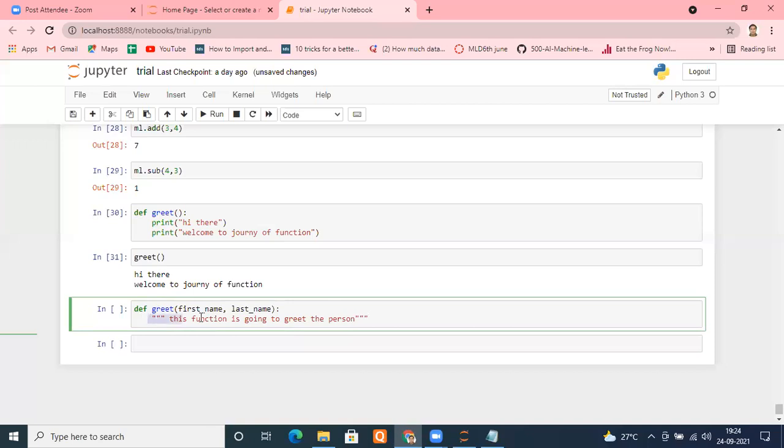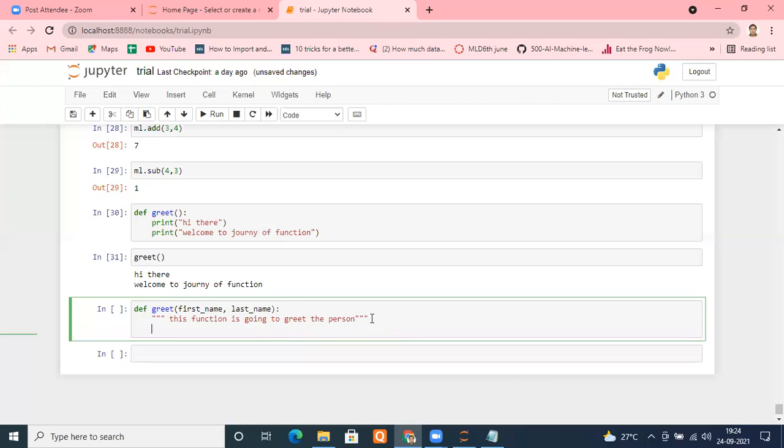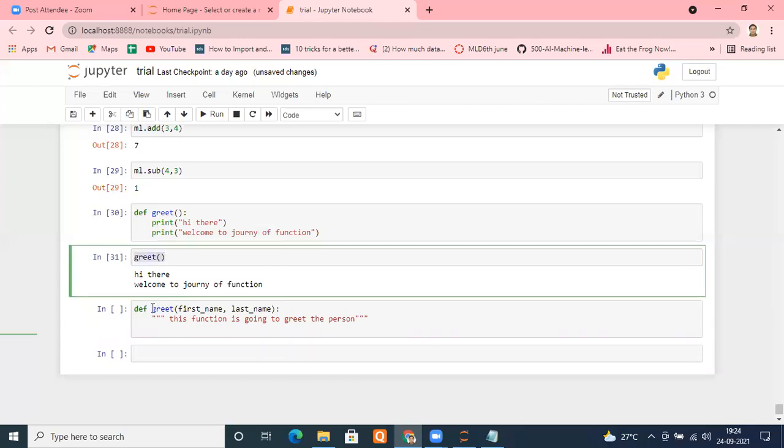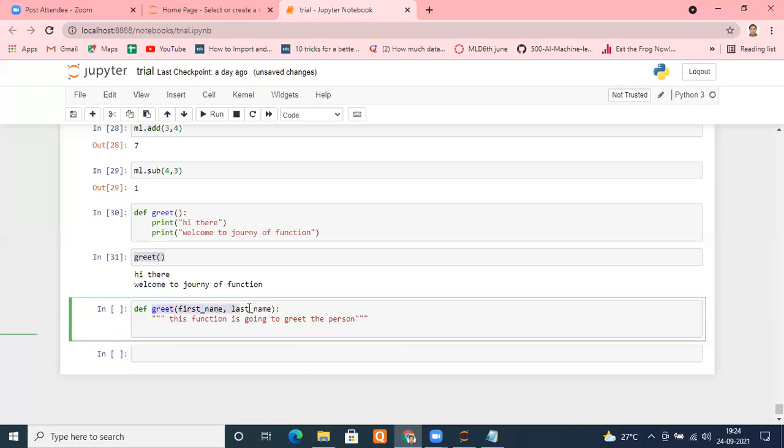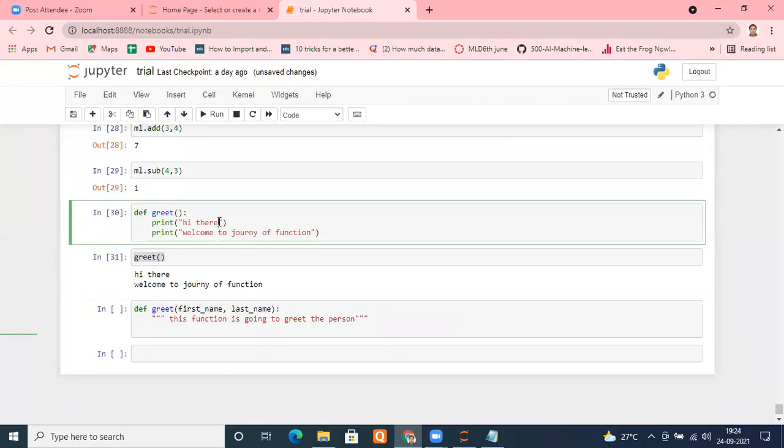Press enter. Now the user will enter his first name and last name while calling the function. Means when he's calling, he's not entering anything inside now; next time when he calls, you have to put first name and last name. Now what I want, beside this, I want to enter his first name, whatever he's going to enter.